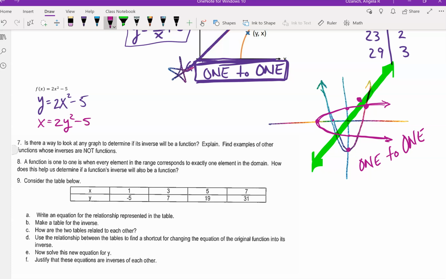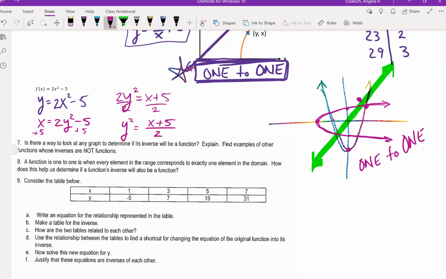We're going to add 5 and divide by 2. And here's where this becomes a problem, and you guys will see this happening. As I add 5 to both sides of my equation, plus 5 plus 5, we get x plus 5. And when I divide everything by 2, I have y squared is equal to x plus 5